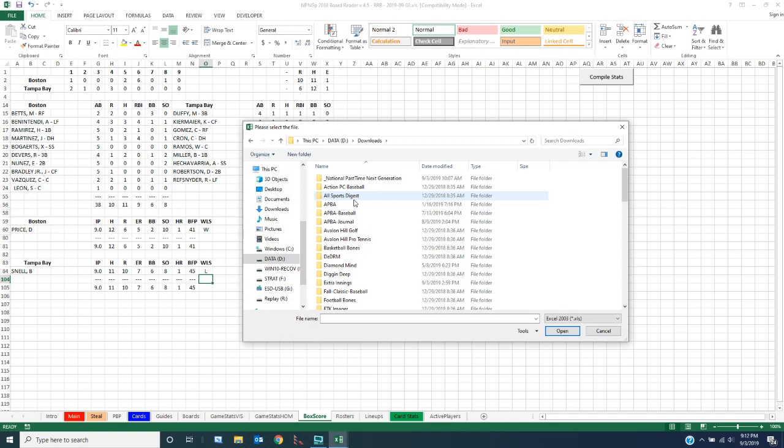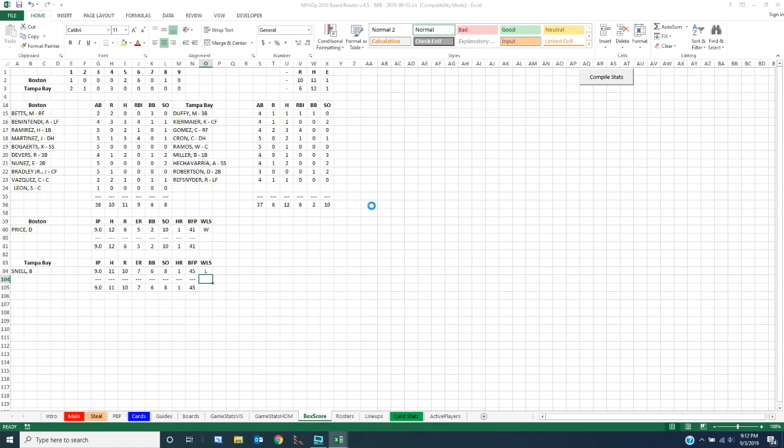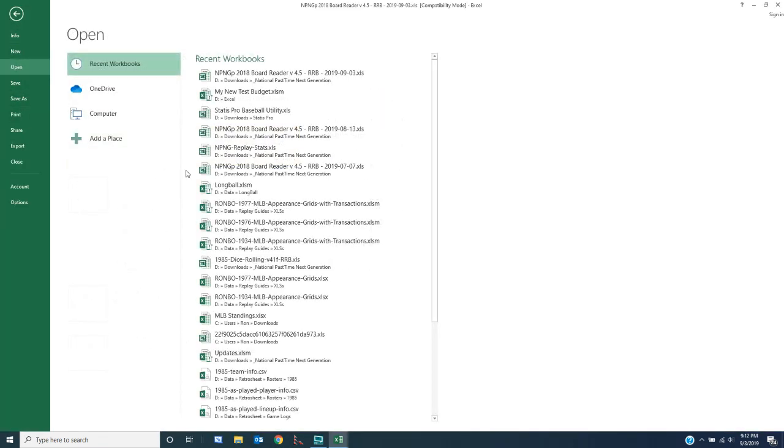Downloads, NPNG, replay stats. It's compiling those stats. Could have sworn I told it to prompt a box that they were saved, but I'll have to go back and add that too. So now if I open up that replay stats,